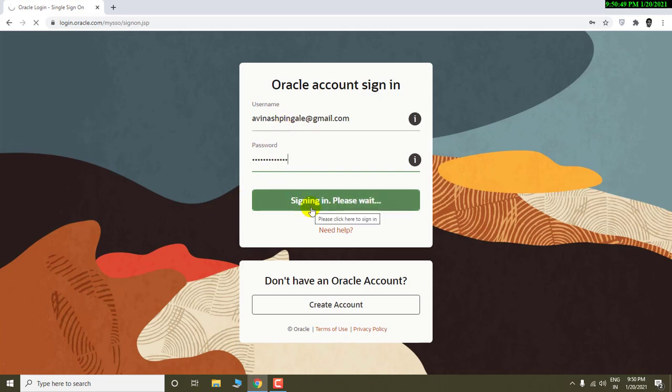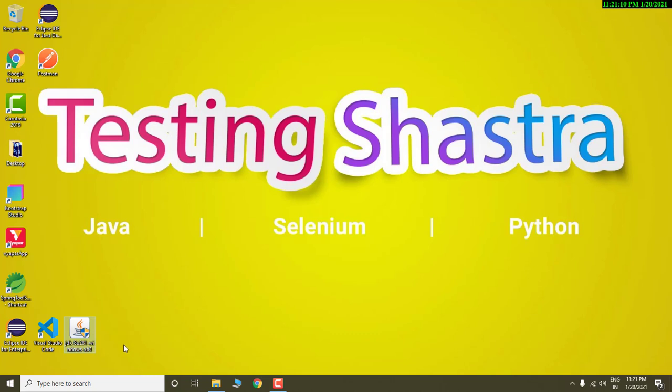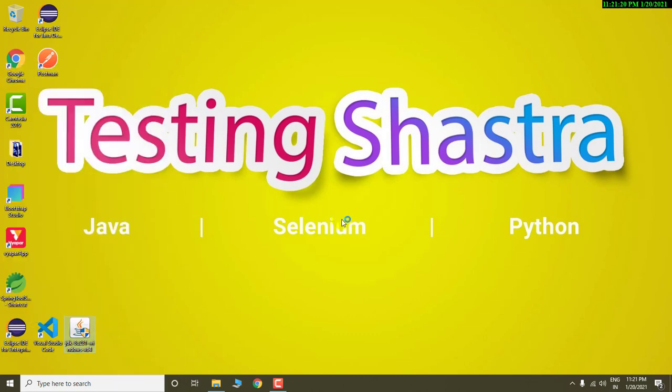Once you sign in, you will see that the JDK 1.8 has started downloading and you will receive the copy of JDK 1.8. Whereas I already have this JDK 1.8 downloaded over here. Now let us see how we can install it. We are done with the download part. Now simply right click on this and run as administrator. Do not directly double click it, because sometimes your system doesn't receive the administrator access for the Java you are installing. So I'll recommend to right click and then select run as administrator.